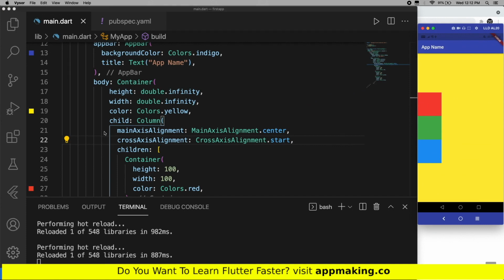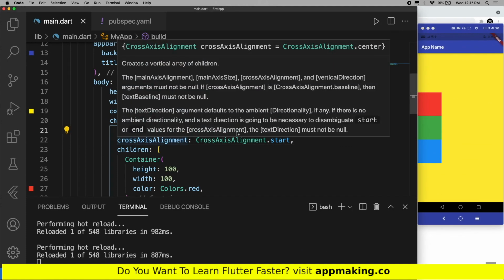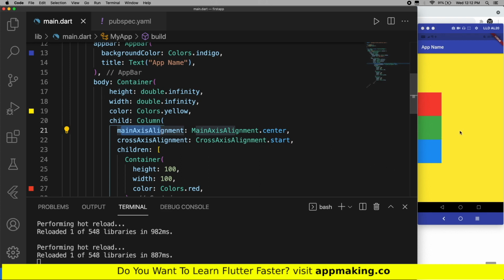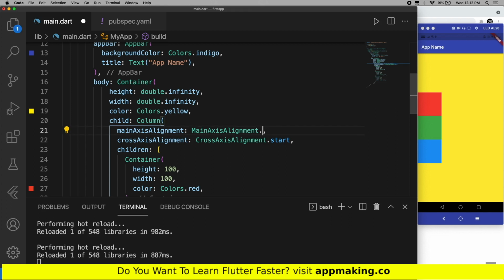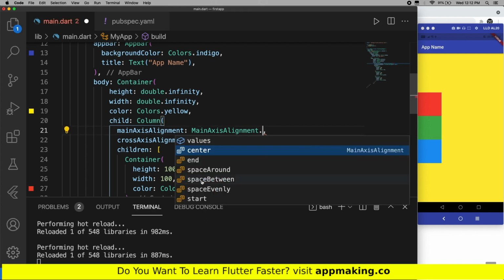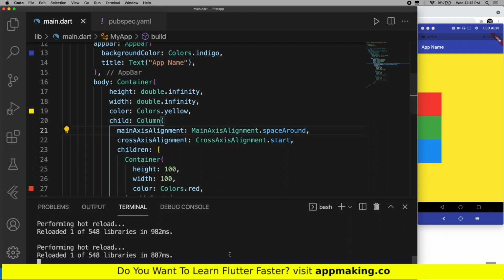So now you have a clear idea about what is main axis and cross axis and how to play with this. Okay, so next, if you want to add spacing between these containers, you need to play with the main axis alignment. So instead of center, we have multiple options. One is space around. If I put space around, what will happen? You can see there is a space between the three containers, but this space is not equal. Okay, if you want to add space evenly,